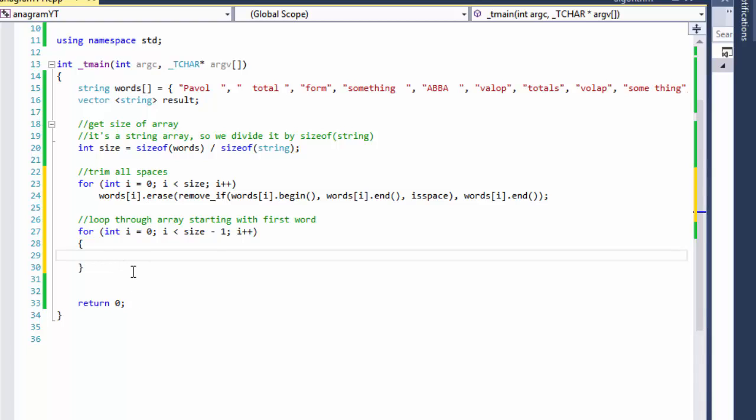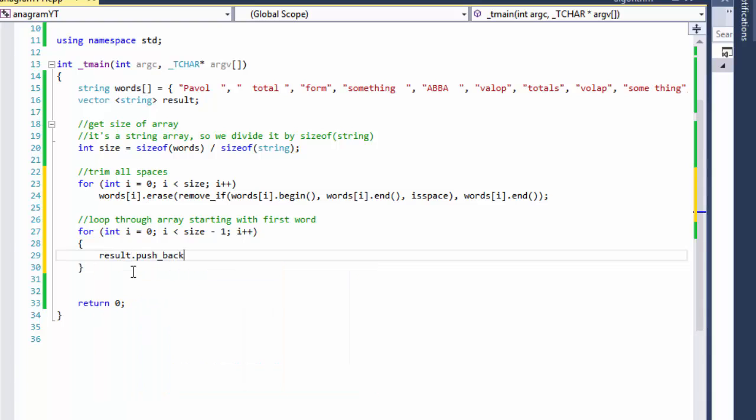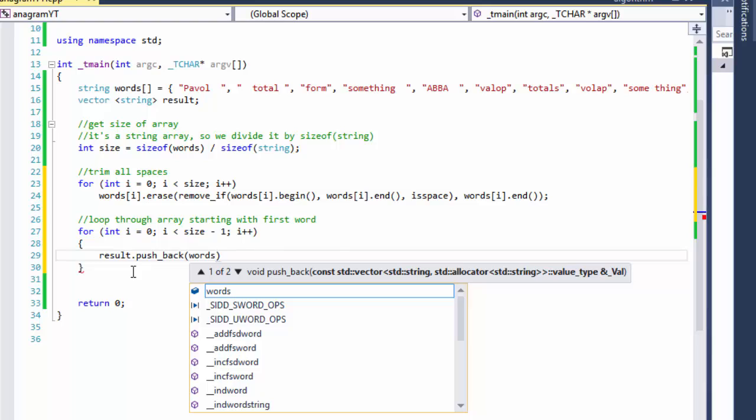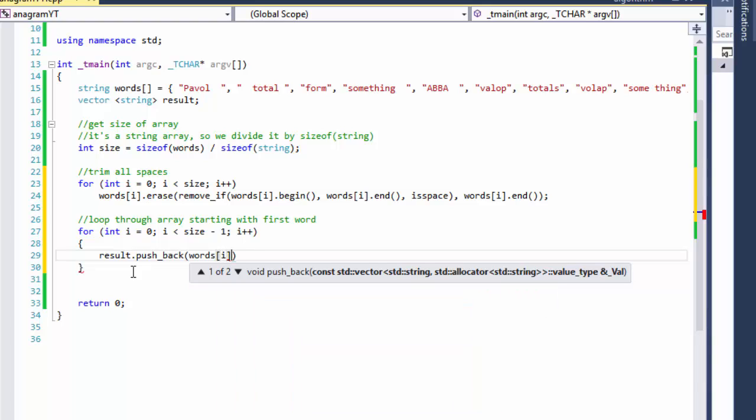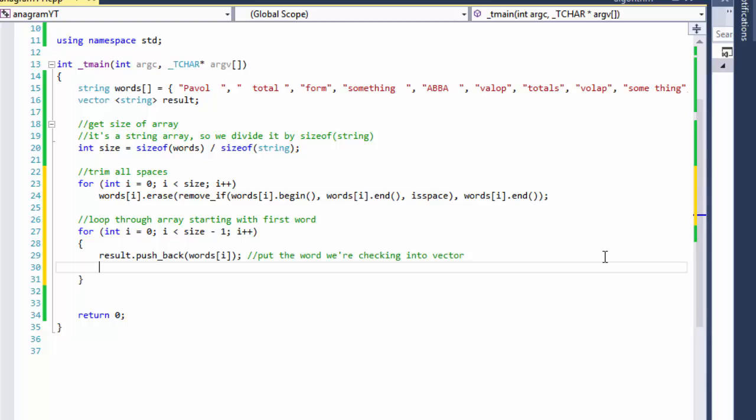easily. So I will simply do result dot push back, and I will add the word that I am currently checking. All right, so it puts the word we're checking into the vector. So that will move the word into a vector. And now,